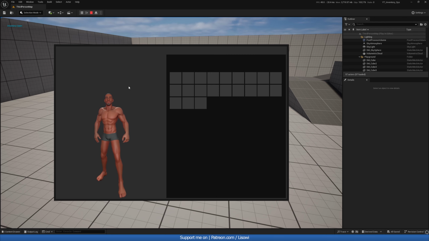And when I open my inventory, we can see our player character, we can rotate him and zoom in and